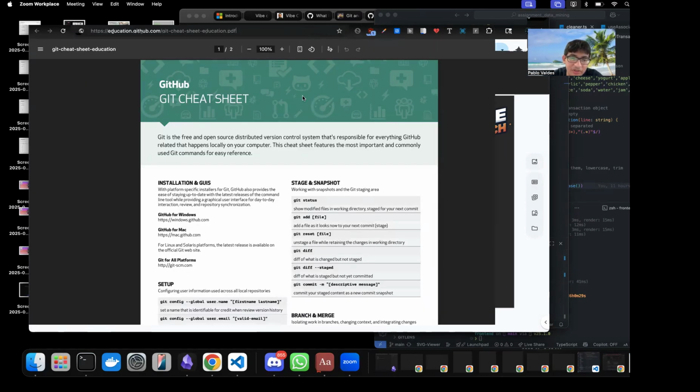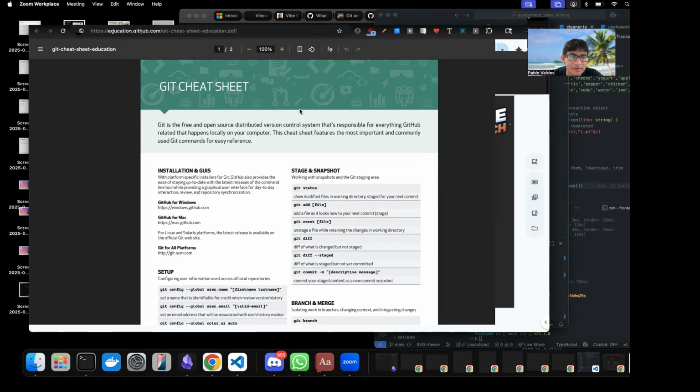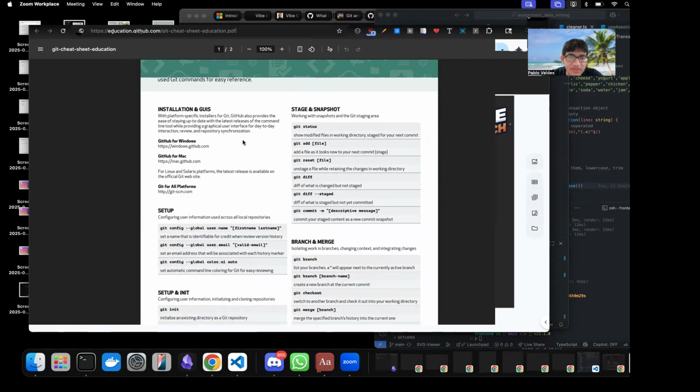So this is a simple Git cheat sheet that I've provided. It essentially lets you have all the Git commands in one place, so it's really simple to just see them all and remember them. Kind of like a reference sheet once you've understood what each of these commands do, right?